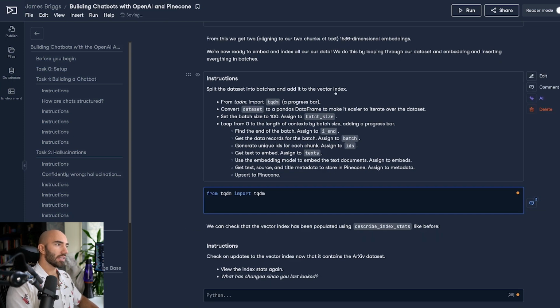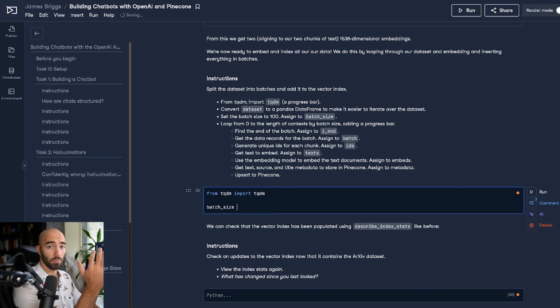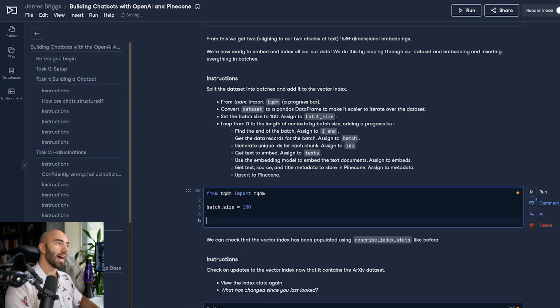Then we want to set a batch size here. This is how many records, or how many chunks of text, we're going to send to our embedding model, and then also over to Pinecone in one go. We want it to be higher so that we're making the most of parallel computations, but at the same time we don't want it to be so high that we can't fit everything within a single API call.